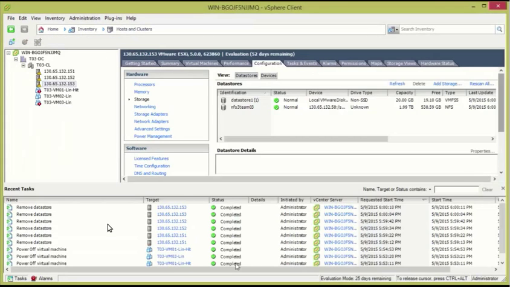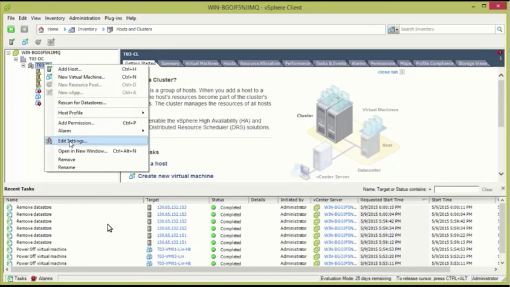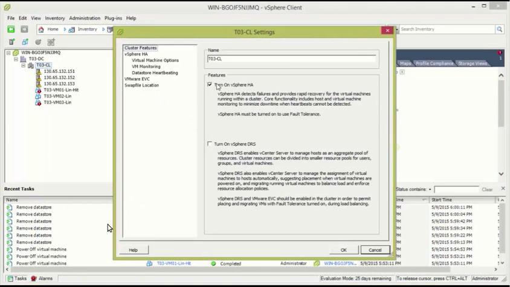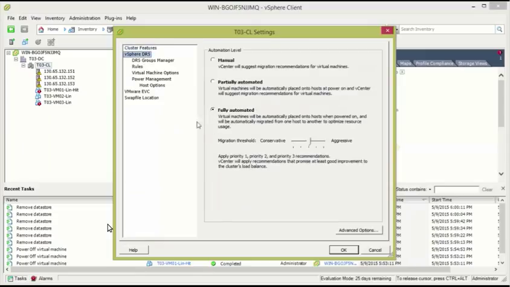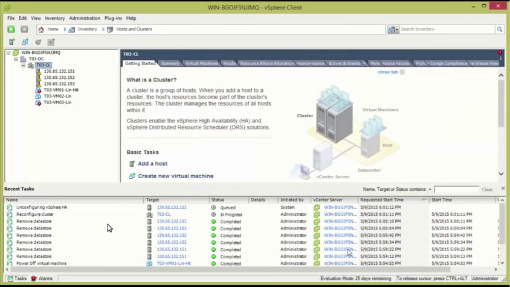Now in the edit settings of the cluster we'll enable DRS. Prior to that we'll remove the HA and turn on vSphere DRS. Make sure that it is initially fully automated. Yeah, we'll just select OK. So now that we have DRS enabled,